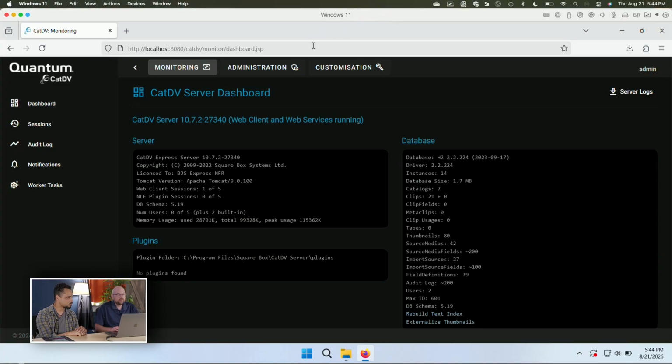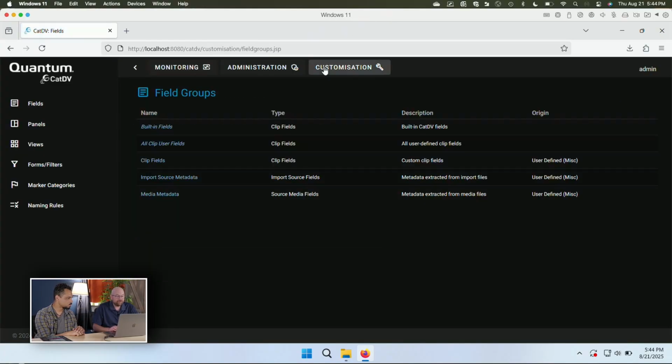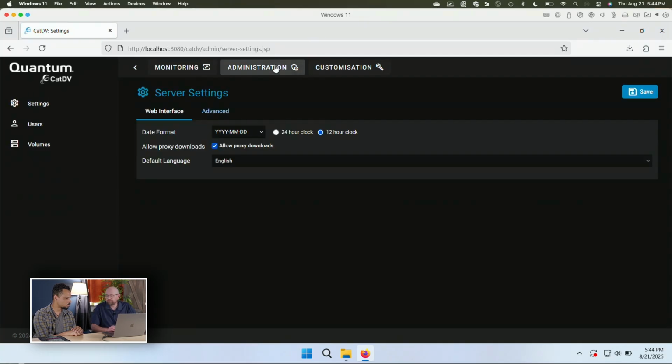Yeah. Let's take a look at some of the admin stuff. Right now we have already set up our admin user, but we're going to want to add some regular users as well. So we're going to go to our administration tab here, and we'll go to users. And these users are going to potentially be people that are not the hypervisor person. They're going to be other people that are going to get into CatDV itself. Yeah, the creatives, the marketing team, editors, those kinds of people that are going to be searching, finding, and watching.